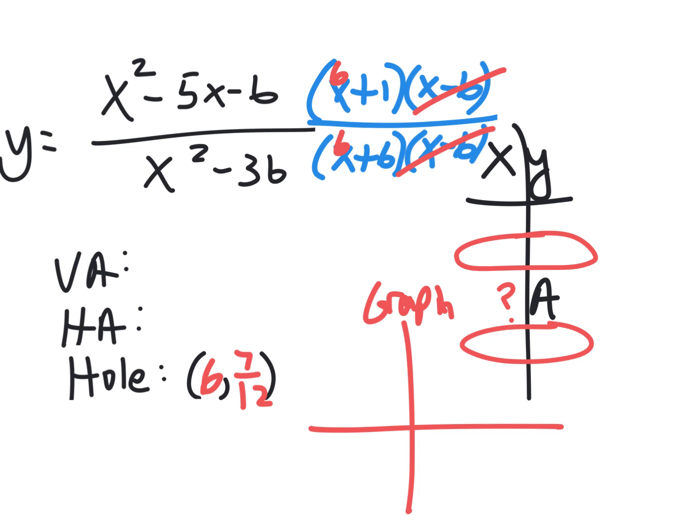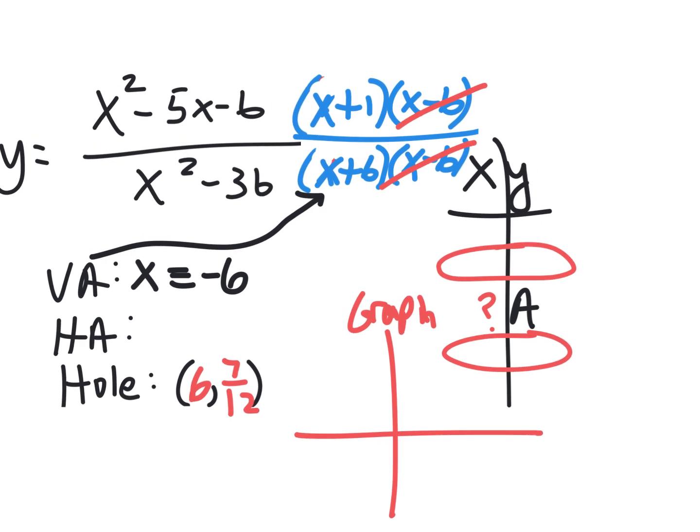Linnell, can you tell me what the verticals come from? Like what makes a vertical? Hint, it's something about making something 0. Vertical makes that part 0. So what do you think it is? -6. There you go. The horizontals, you do the 1,000 idea, which is saying, I'm going to go way to